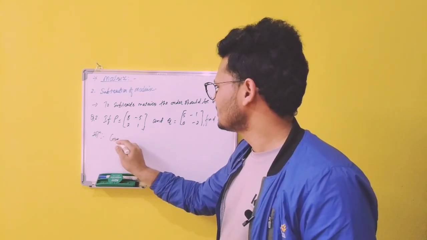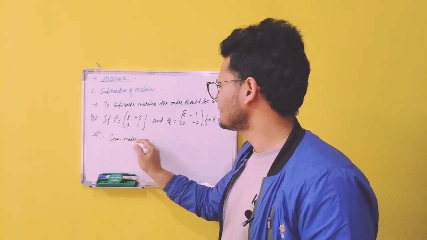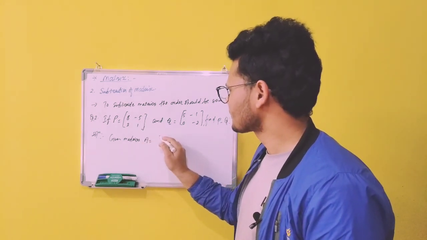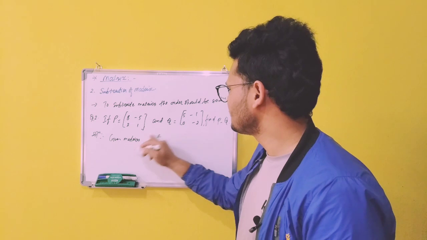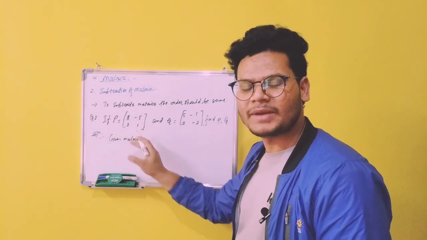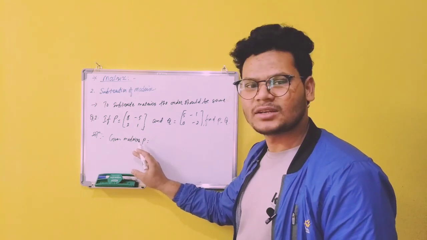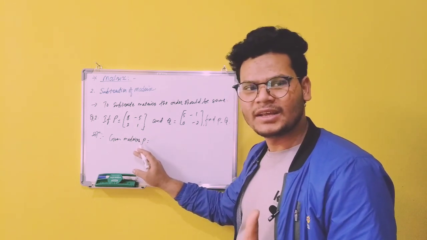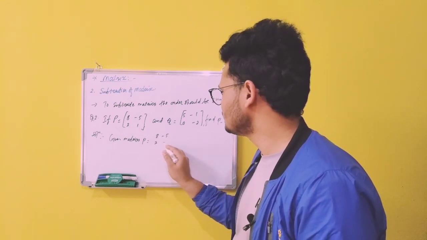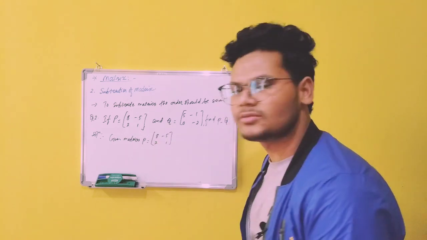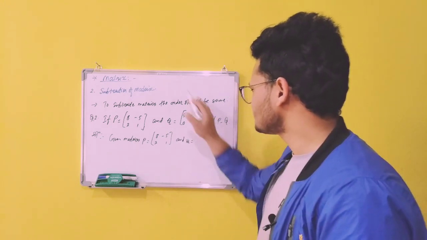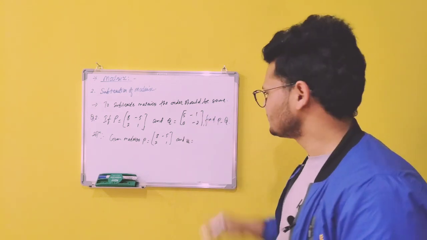First of all, write this one. Given matrices, P is equal to whatever the given notation of the matrix, just you need to write that matrix. Don't write another notation of matrix, right? Same matrix you need to write. 8 minus 5, 2, 1. We have given this first matrix, and another we have given Q is equal to how much we have given, just you need to copy that value, right?